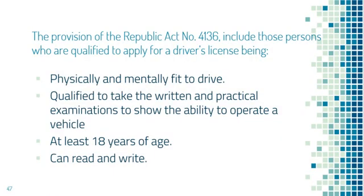The provision of the Republic Act number 4136 includes these persons who are qualified to apply for a driver's license. So first, they should be physically and mentally fit to drive. So if they have diseases like epilepsy or mental problems, then they are not allowed to be given a driver's license. They should be qualified to take the written and practical examinations to show their ability to operate a vehicle,